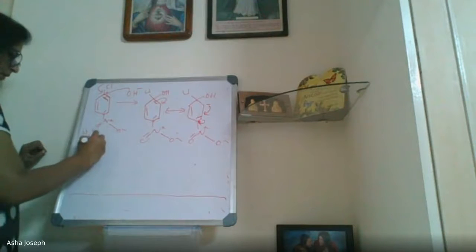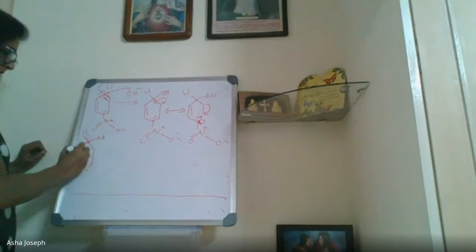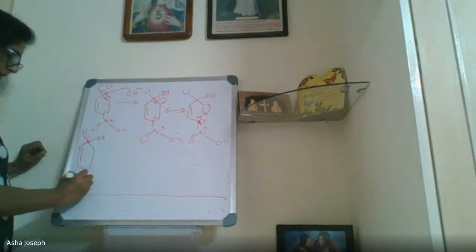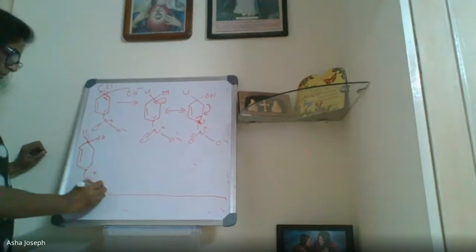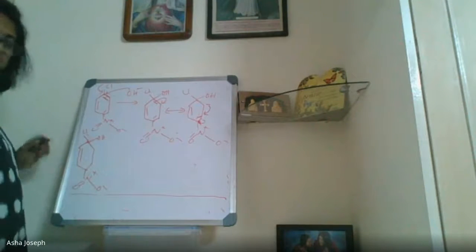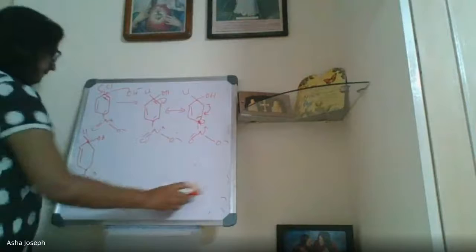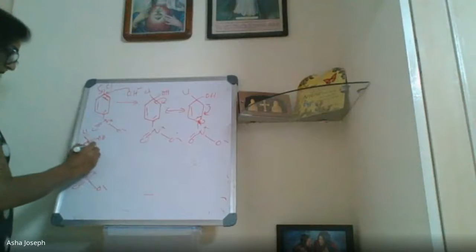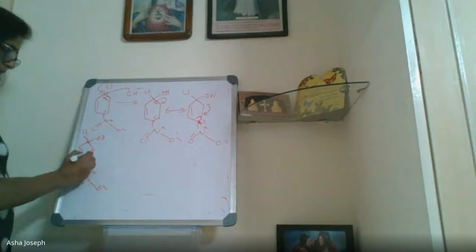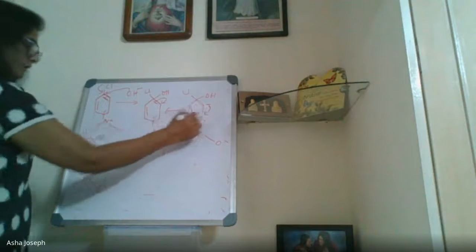Cl, OH, isn't it? This bond we didn't touch here. N plus, O minus, double bond O. Clear? Can you see, children? Till here? Yes, ma'am. Okay. So that is there. And this formed a bond here. That is what? This formed a bond here.